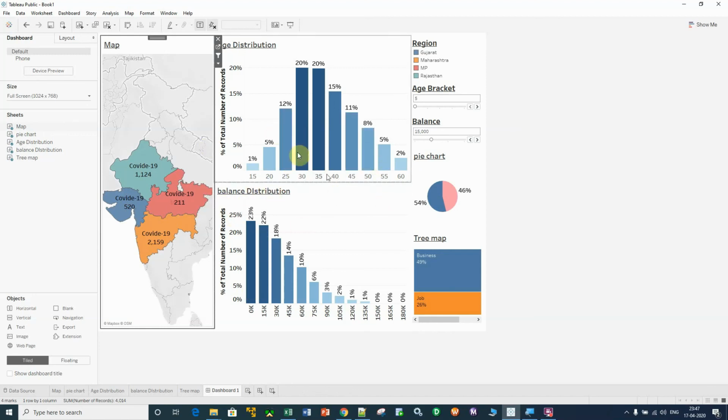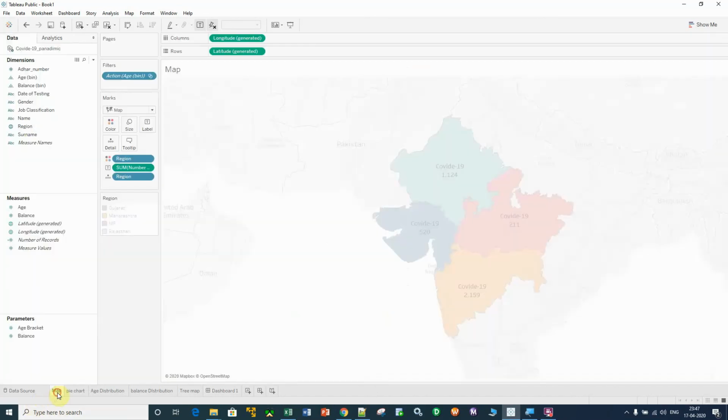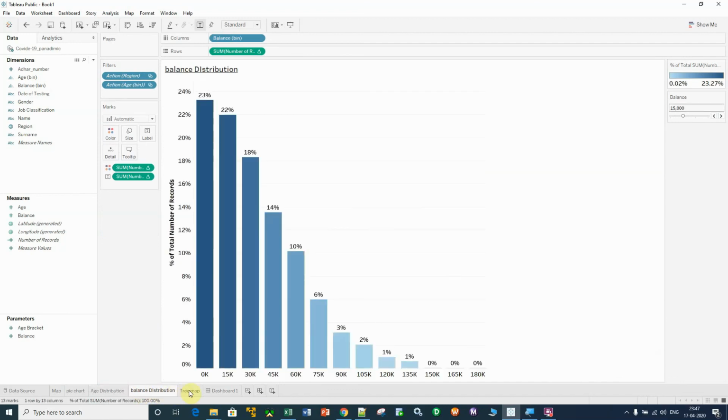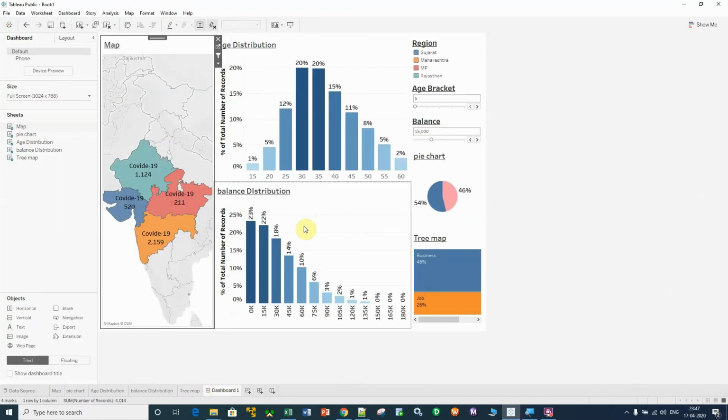So this is just one topic in Tableau, that is dashboard. I have also given you a brief about the other topics, that how you can create different visualizations. But let me tell you one thing, this is not the only thing which you do in Tableau. This is just 5% of Tableau. There are a lot of things to be learned in Tableau. Let me repeat that point.